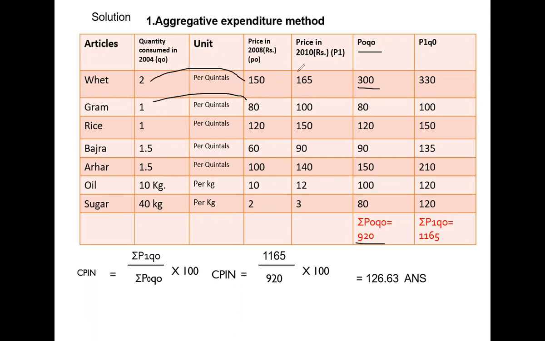Then P1 times quantity in the base year, that will be 2 times 165 will give us 330. Okay, and then 1 times 100 will give you 100. 1 times 150 gives us 150. And so it keeps going like that. So this times this will give us that. Okay, then when you finish, sum it up. Okay, and as you are aware, Laspeyres is just the ratio of the current price times the base quantity over what? The